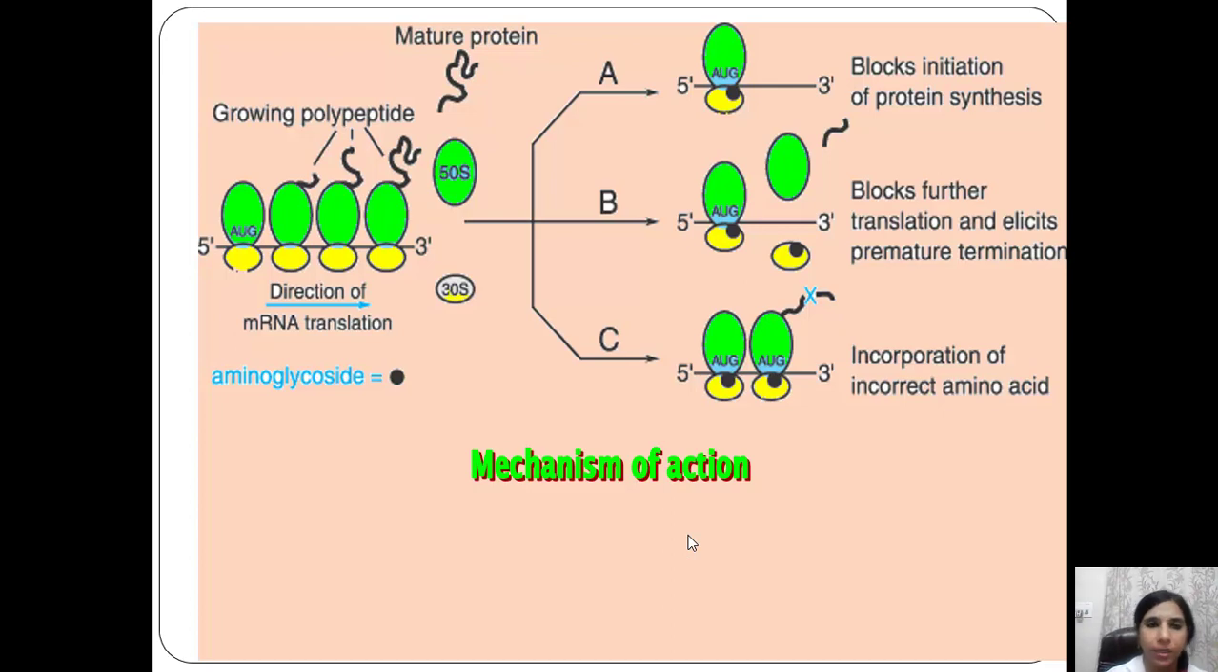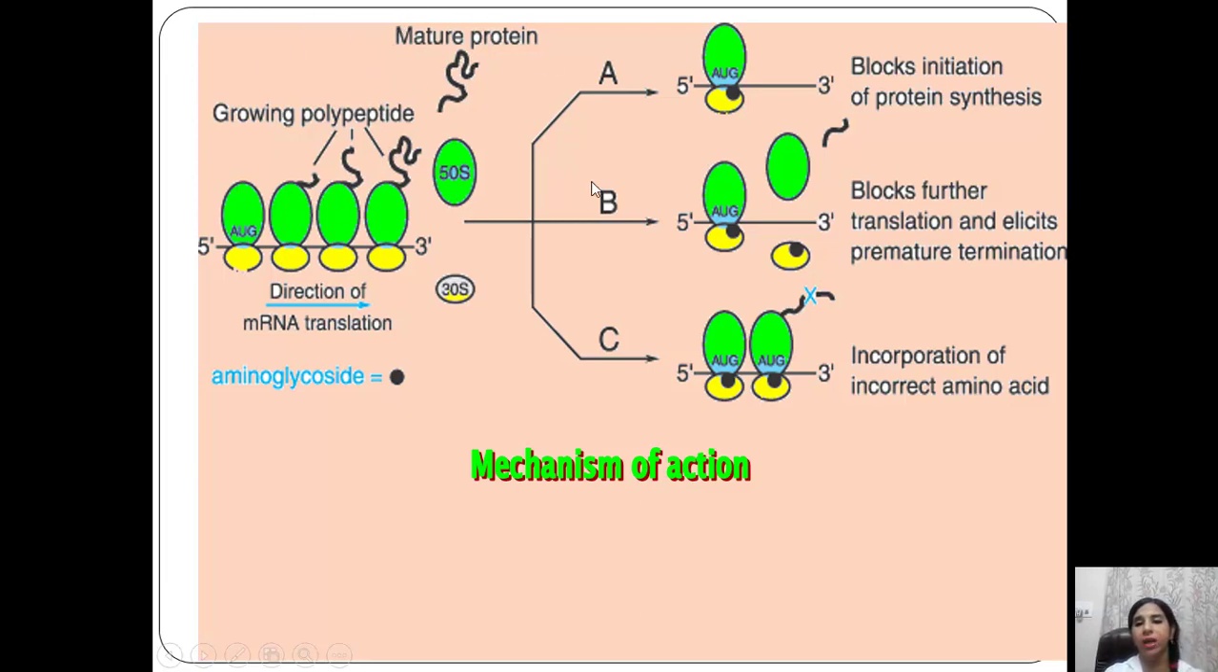So this is also another way. This is from the Goodman and Gilman. You can see the growing peptide chain. This is the 30S ribosomal unit, and these are the codons, and this is the 50S ribosomal unit. The direction of mRNA translation is from 5' to 3', and this is the formation of the mature protein, which is